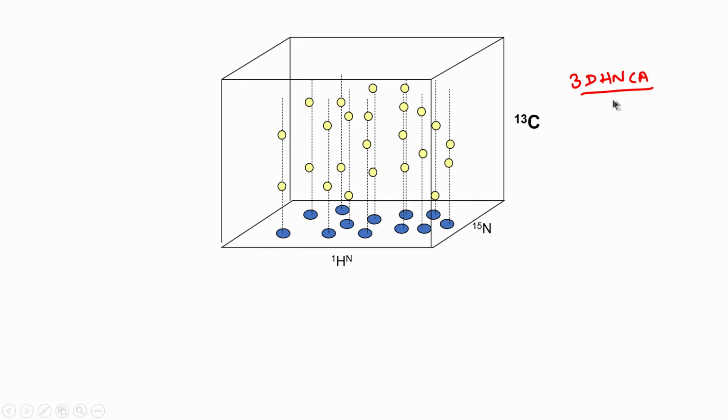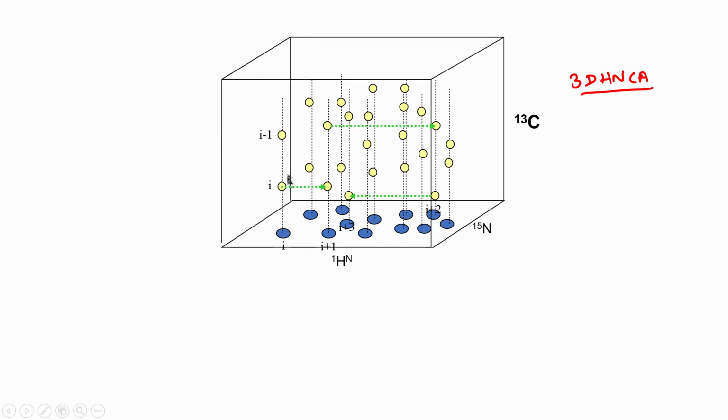So, we need HNCOCA, but let us say we have HNCOCA which is not shown here, and based on that let us say we have identified that this is self in this particular case and this is sequential, like that for every case. So, we will assume that we know which is I minus 1 because we have used HNCOCA which is not shown here. So, let us start from some NH, any arbitrary NH here. So, let us say I start from here, let us call it I. When I start from here, I will get 2 peaks which is I and I minus 1, that is C alpha.